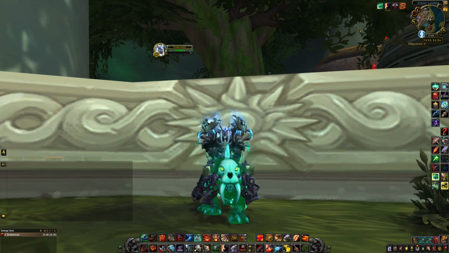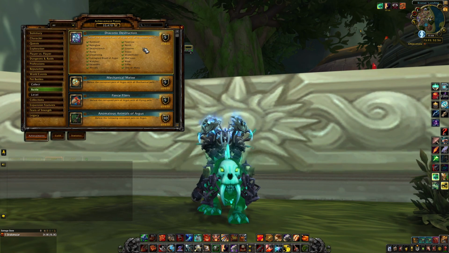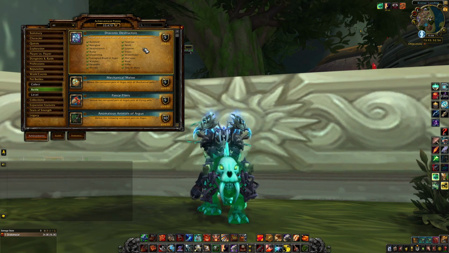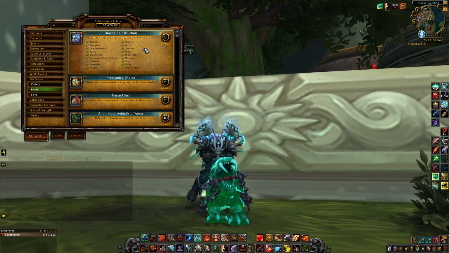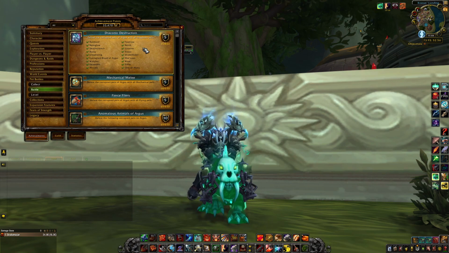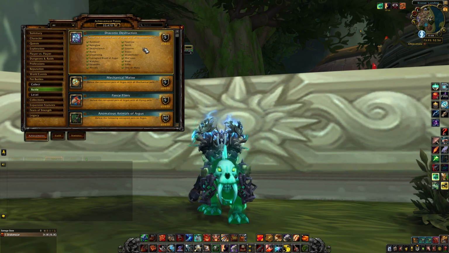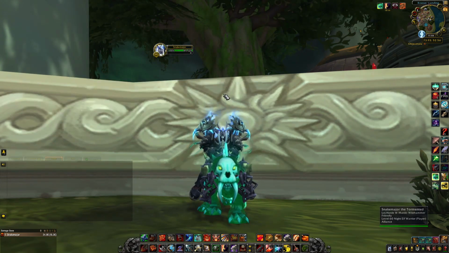Today I want to show you how to get Draconic Destruction, which is defeating every corrupted pet battle, I know, that the legendary pet, on Argus, with Dragonkin pets only. They don't even need to be level 25, okay. So,